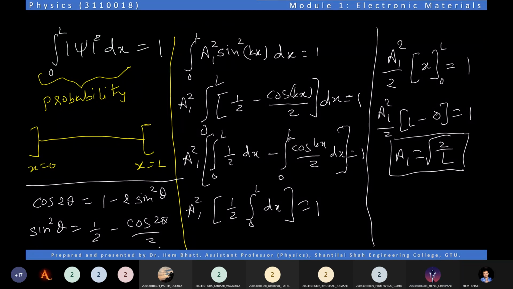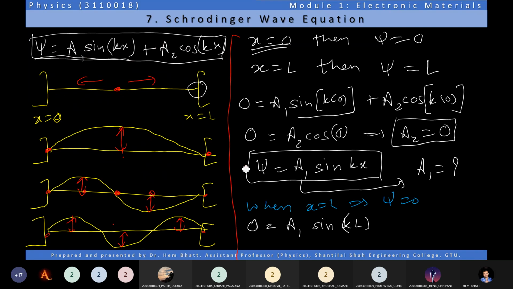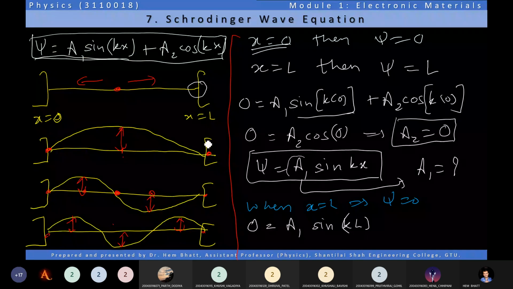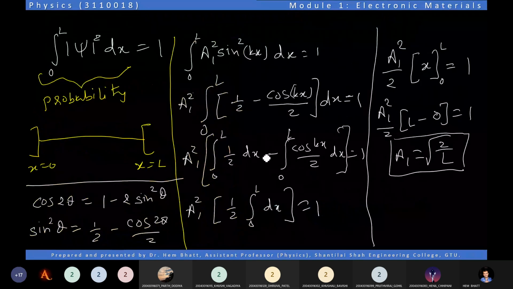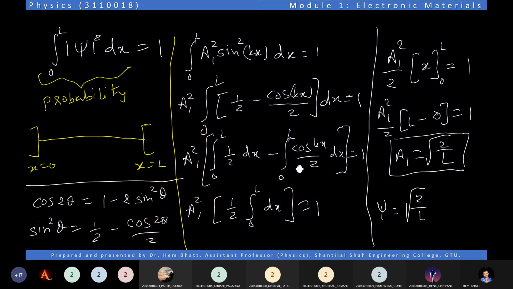Because we are looking for value of a1, and now I can say that psi is root 2 by L sin kx. This value of psi, if I substitute in my Schrodinger equation,